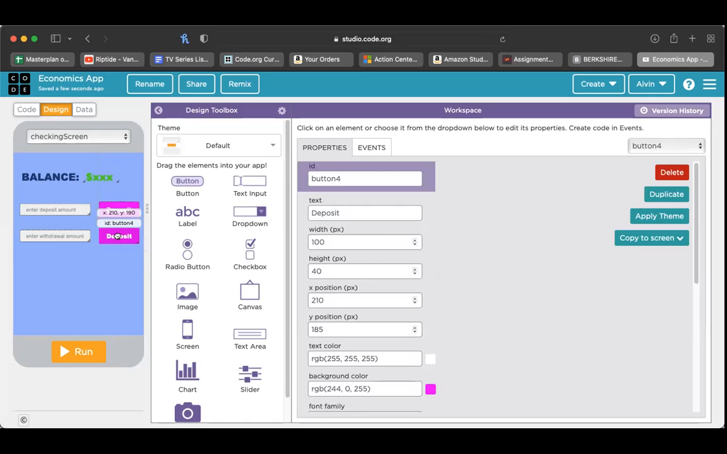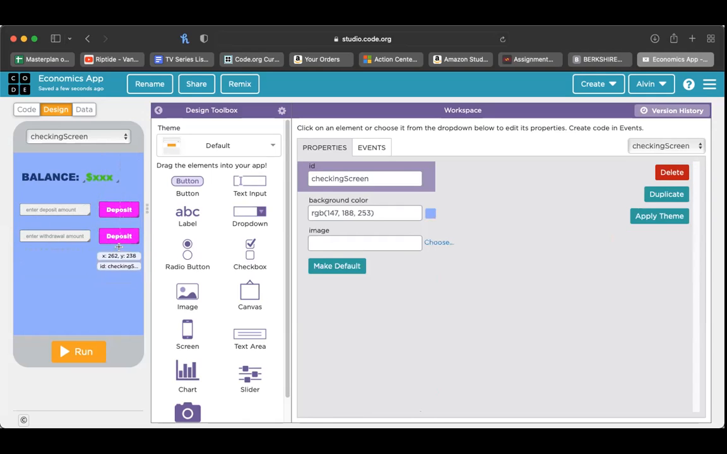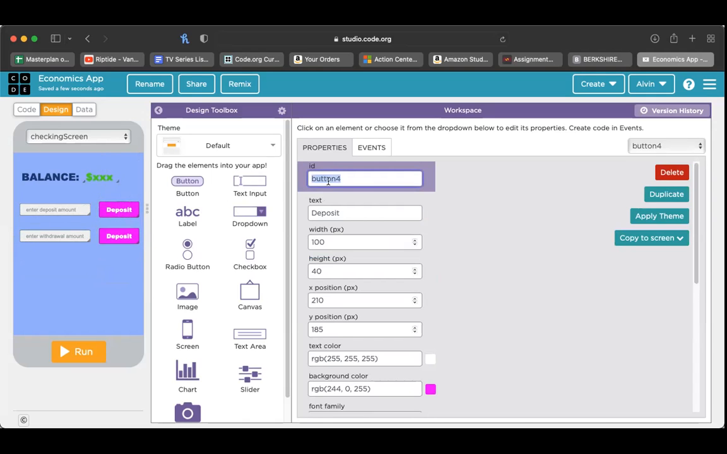We'll copy and paste that just so we have another one just like it for the withdrawal, and we'll call this the withdrawal button. And we'll just write withdraw. That's pretty much all we had on this page, I believe. We'll have a label here for right now. And we'll call this the warning label,